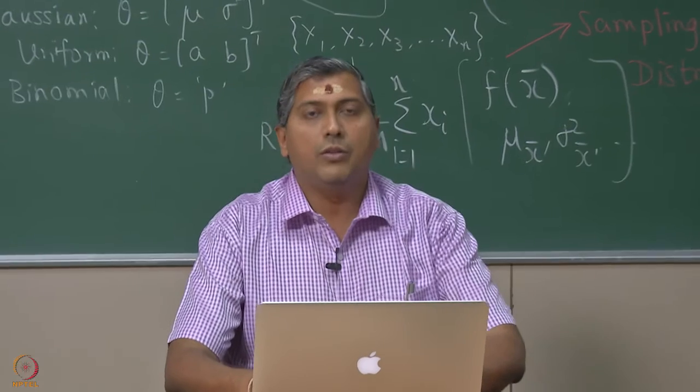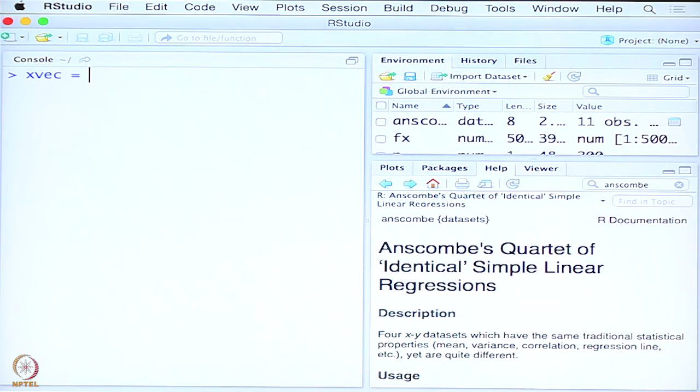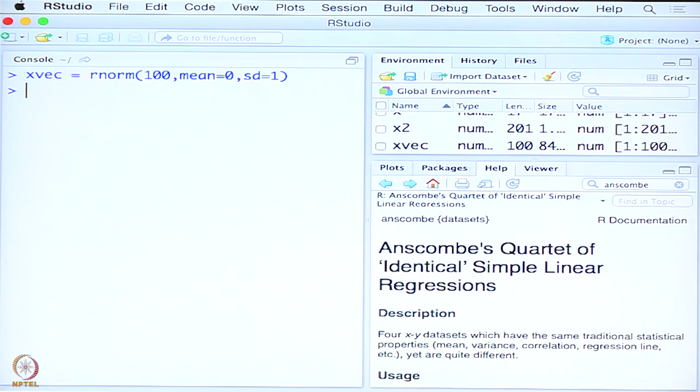So now let us randomly sample 100 observations from this Gaussian distribution, and the syntax for that would be rnorm of 100. Of course, you can specify to make sure that mean is 0 and variance is 1. In R we specify standard deviation. So, we say this, and now I have this vector of 100 observations in xvec. And obviously, if I want to verify if it is Gaussian and so on, typically I plot a histogram. We are not interested in that at this moment.